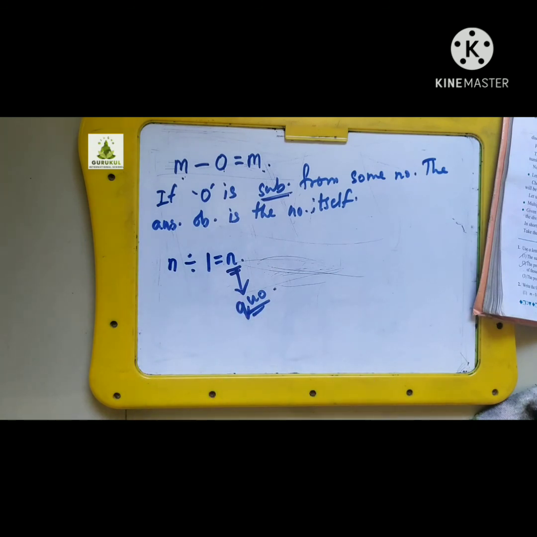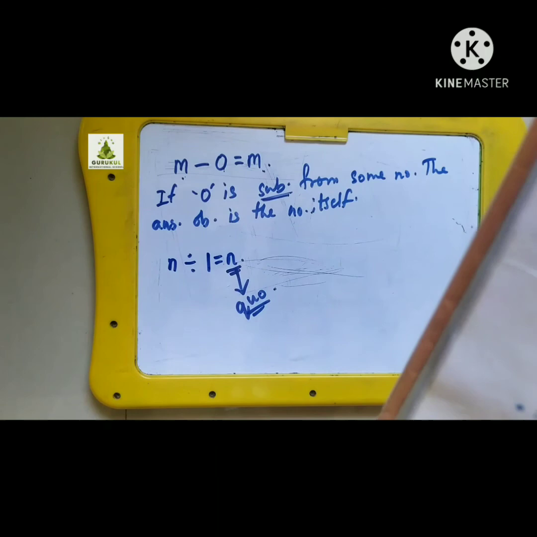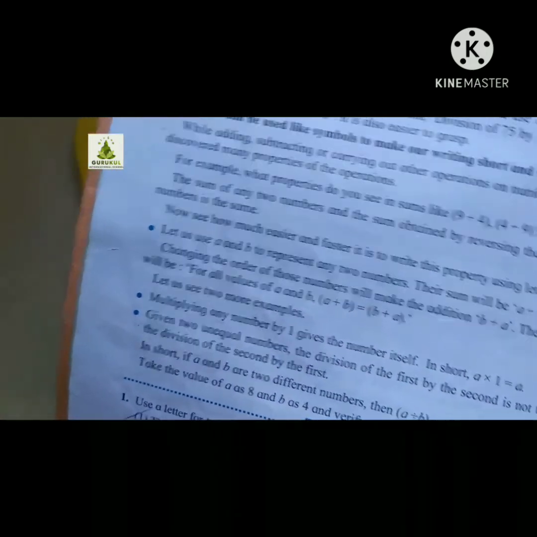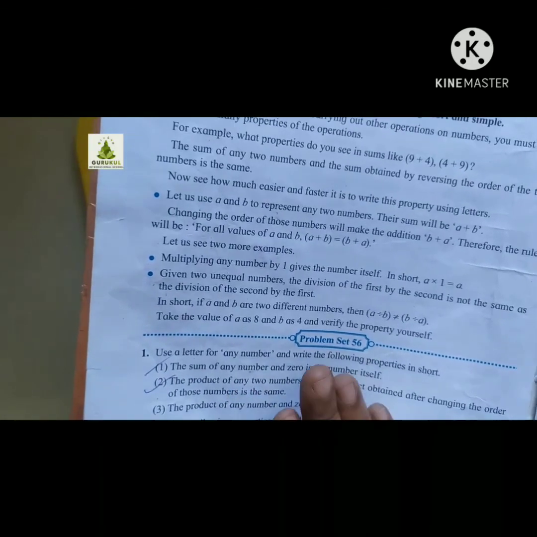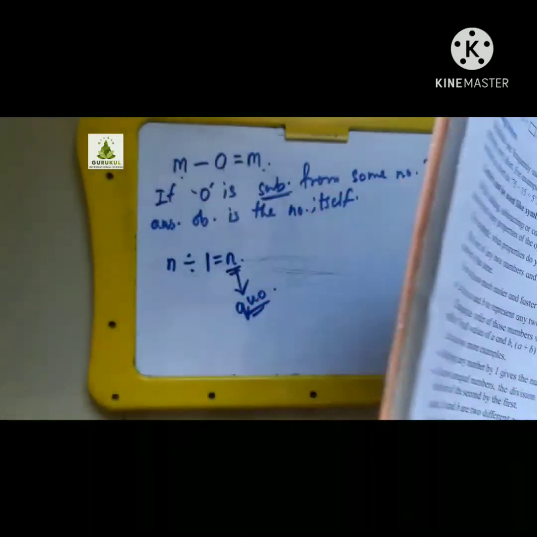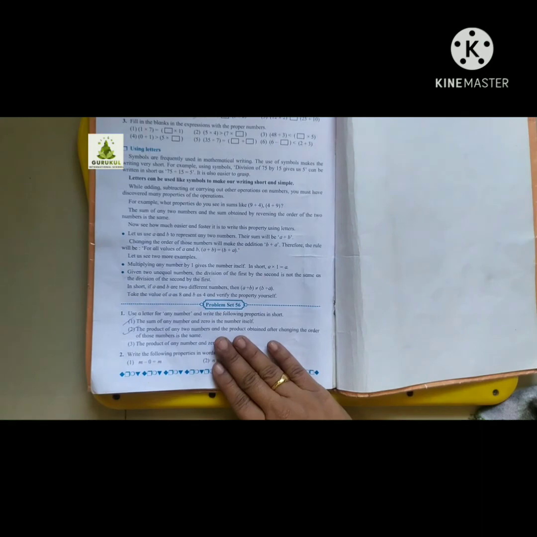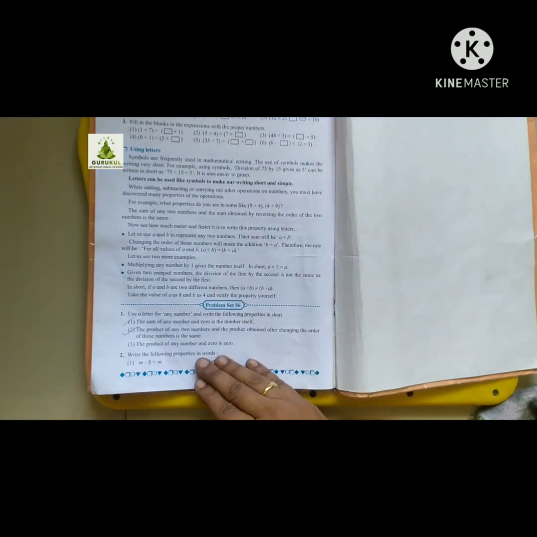So this is how a property can be stated if a number is replaced by an alphabet. And here are the properties that we have seen till now. I hope you have understood this chapter. Please go through the video again and set the properties according to the statement given.